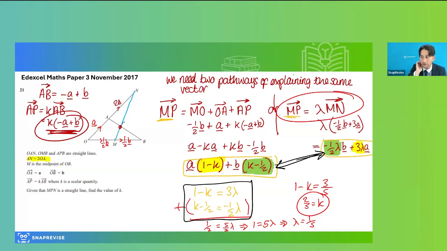But vectors can be really nice, easy questions. They can also be like this, which every now and then kind of comes up. And it's always this